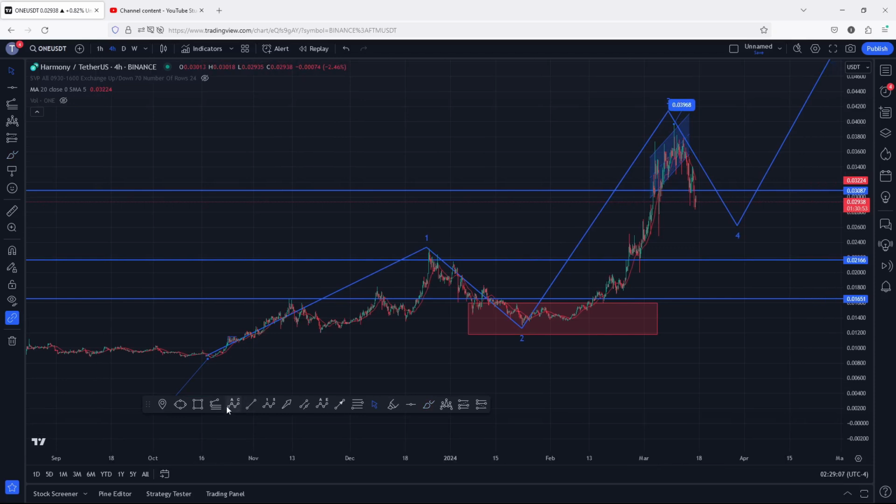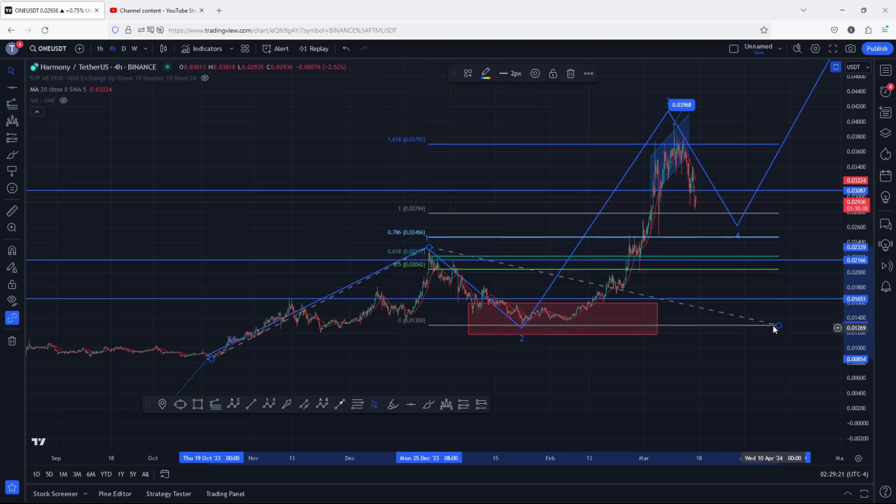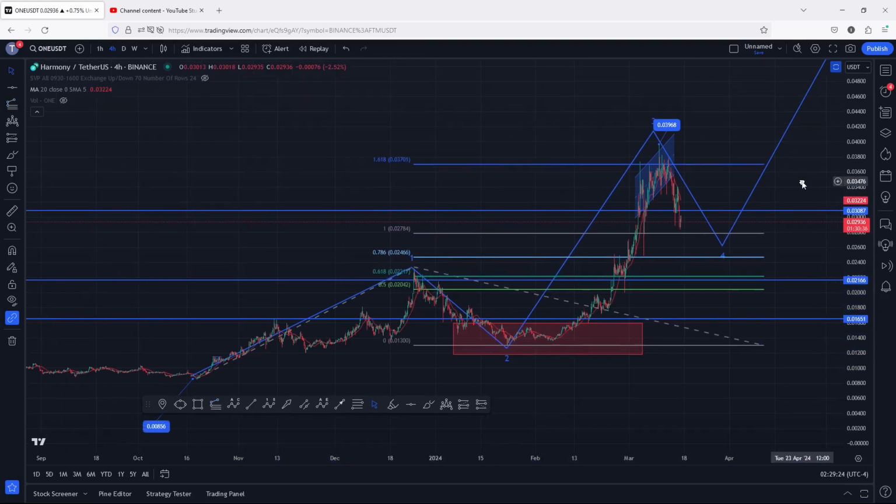And the minimum target areas for the third wave can be given by connecting the trend-based Fibonacci from the low of the first wave to the high of that wave 1, then dragging the fibs to the low of the second wave, giving me a minimum target area above the fib level 1.618, and that is above the 0.037, which is an area that we have now fully maximized, giving us a record high above the